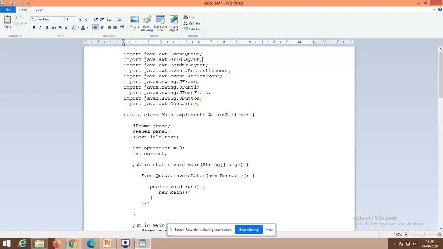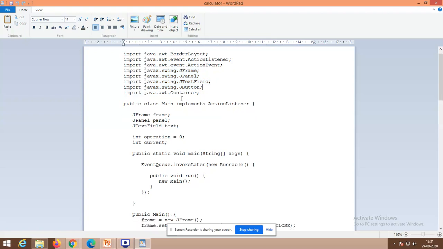Okay. So action event, we are going to do that. Action listener: whichever button I am going to press, that needs to be listened to, right? That's what action listener will do. And these are all the soft controls from Swing. So you can identify javax. The x represents that I'm going to use Swing components. I'm using JFrame, JPanel, JTextField, and JButton. So these are all the controls that I'm ready to use.